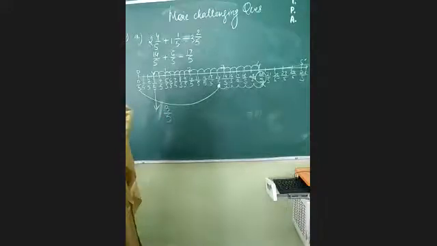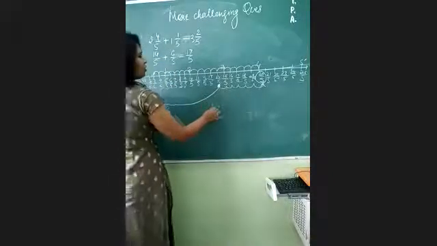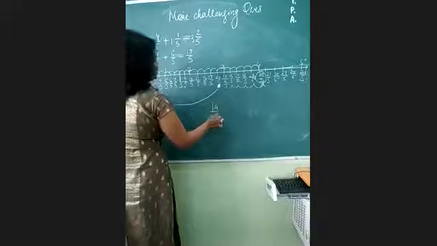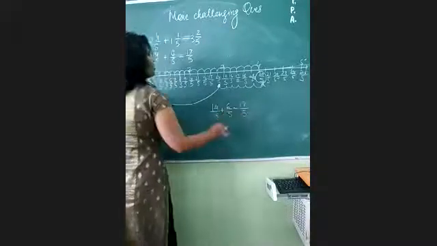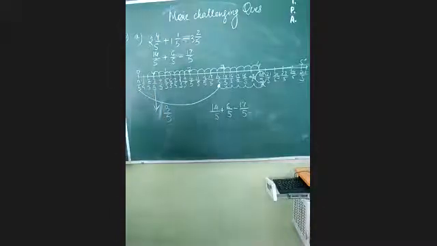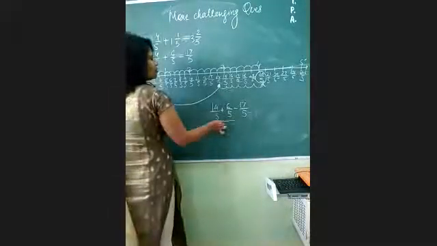How will we do that? Will you tell me? See, by cross multiplication. No, cross multiplication is not needed, my dear. I thought you were asking about question number 2. No, I am asking that in this question only computation also you have to do. Computation means you have to solve normally, and after solving you have to tell whether it will be correct or not. Yes, ma'am, first we can add